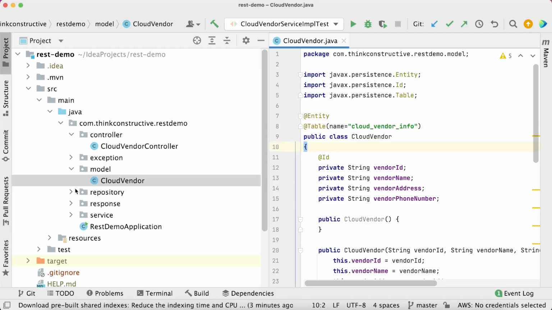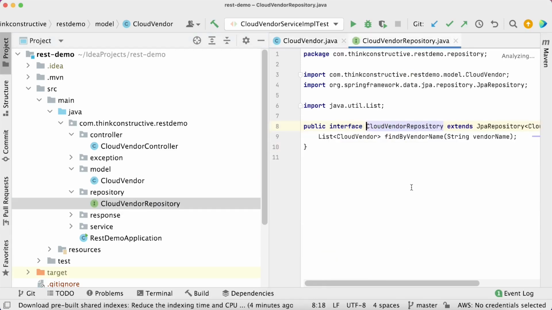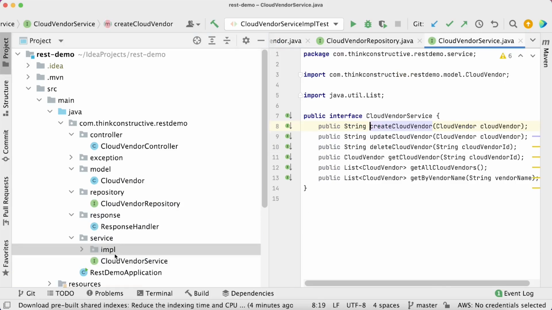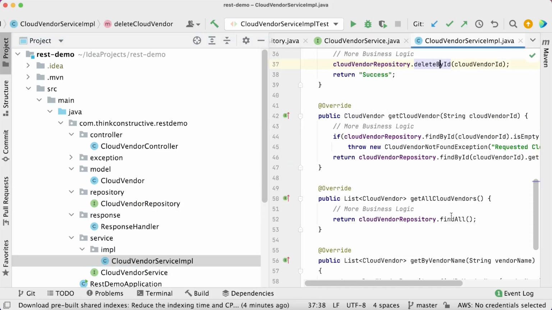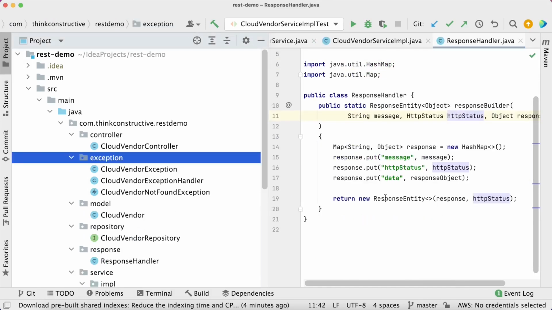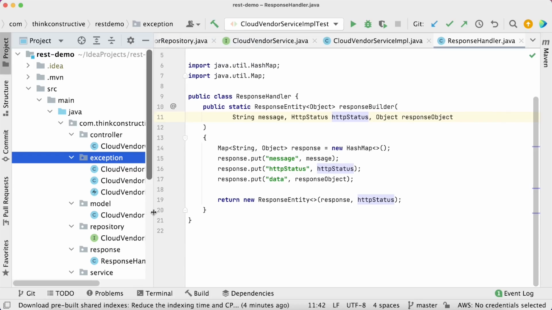All right. We have a repository layer to interact with the database. We then have the service layer to hold all the business logic. Also, we have done custom response handling as well as exception handling. All these things we have covered in our previous sessions.